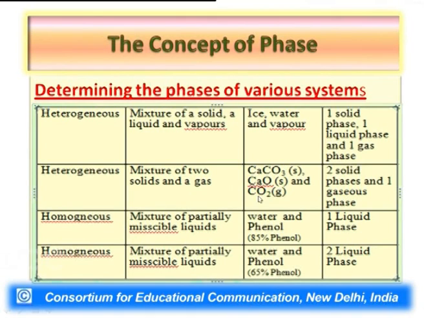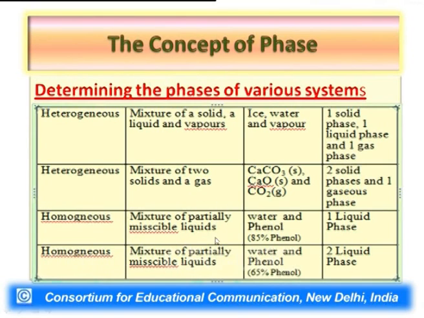As I told you, the number of solids present in a system each constitute a different phase. So, if we have in our system solid calcium carbonate and solid calcium oxide, both these solids will constitute two different phases. In addition, carbon dioxide in the gaseous physical state will constitute another phase. So, all three chemical species are present in three different phases. We have a total number of phases as 3, and such a system is a heterogeneous system.